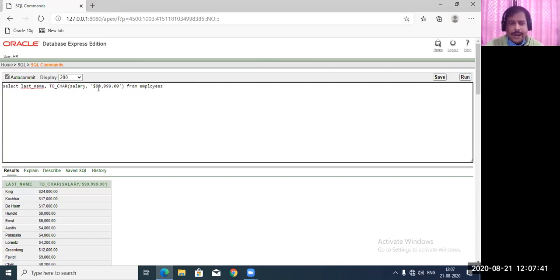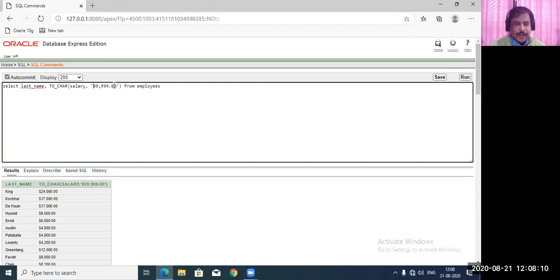You cannot add other symbols because we only have limited symbols or numbers which can be used for special purposes of numeric values when we are using 2char functions, right? One is dollar, which can be used to place the dollar symbol. Okay, the second is we can use 9, that is a numeric value for numbers.